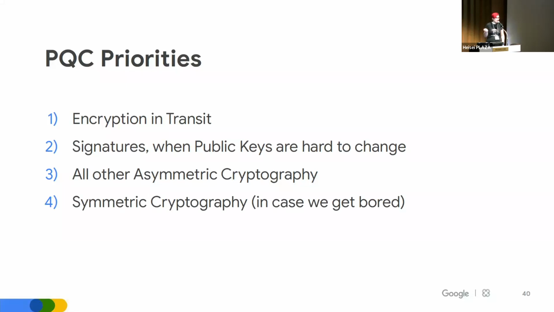Lastly, there's also symmetric cryptography that is only attackable by Grover's algorithm, and as the research right now looks, it's not likely that symmetric cryptography can be feasibly attacked by a quantum computer in a reasonably short time frame. So symmetric cryptography is somewhat out of scope for us at this point in time.